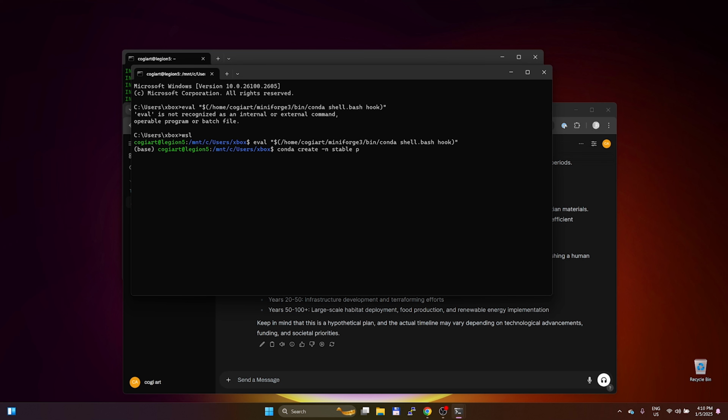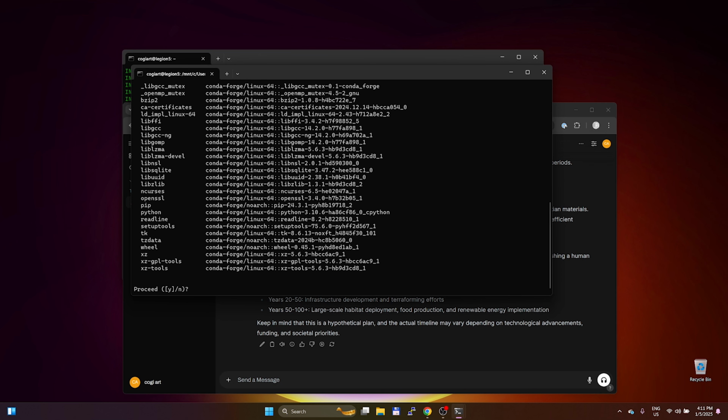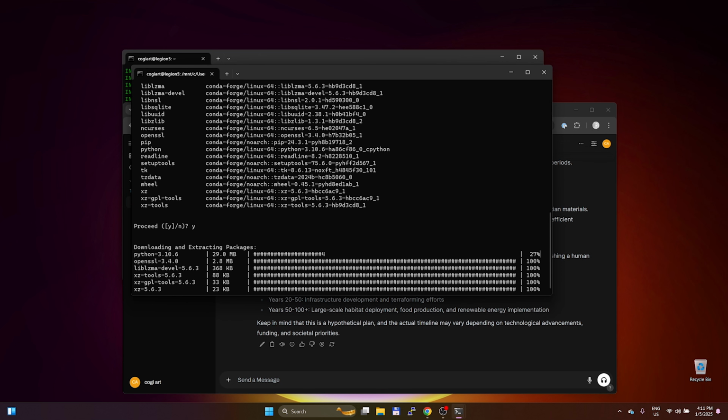It requires Python 3.10.6, and then enter, and now it's creating this environment with Python version 3.10.6. And we should proceed. And now we wait for it.